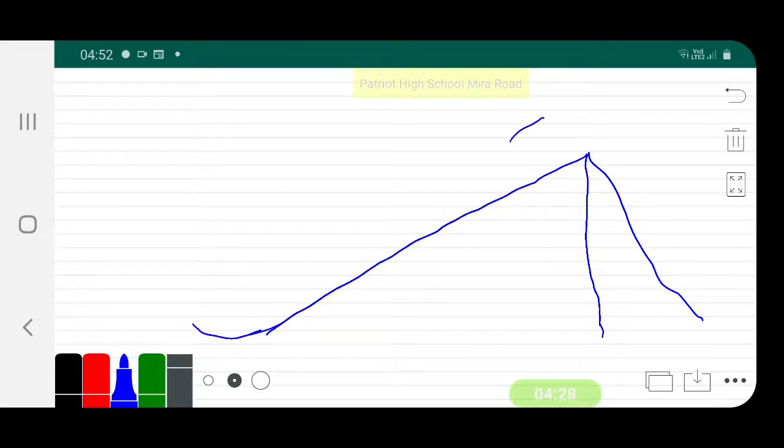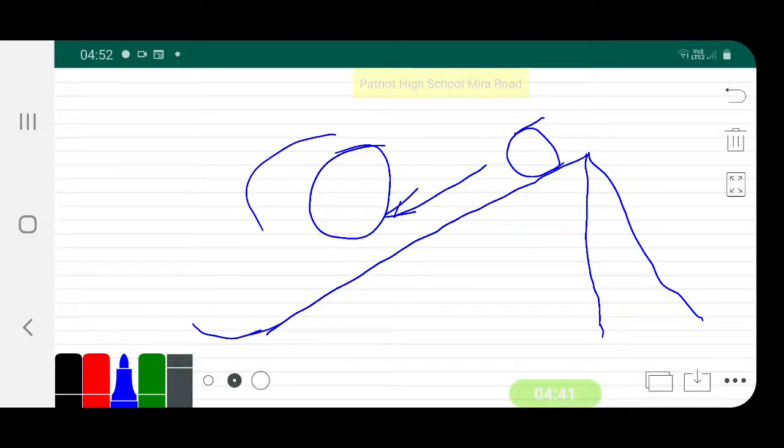Now you are placing a cylinder on the slide. What will happen to it? Will it rotate and come down, or will it slide down?